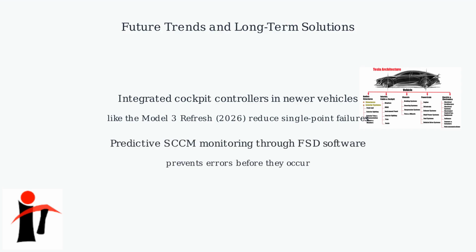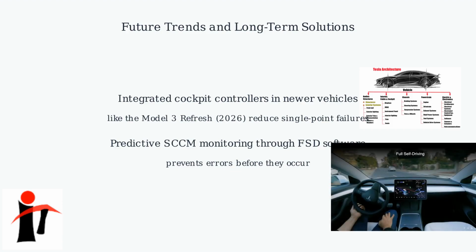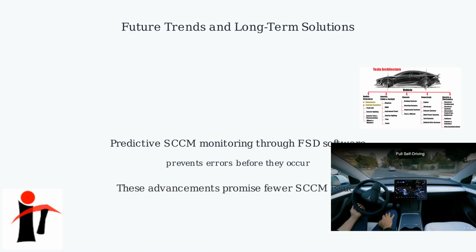Additionally, predictive monitoring capabilities built into the full self-driving software will proactively detect potential SCCM issues before they affect driving. These innovations are designed to significantly reduce single-point failures and improve overall vehicle reliability, leading to fewer SCCM-related problems in